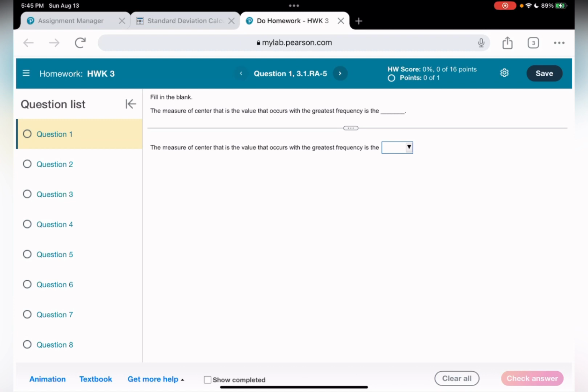Okay, we are going to work on homework 3. Question number 1. The measure of center that is the value that occurs with greatest frequency is